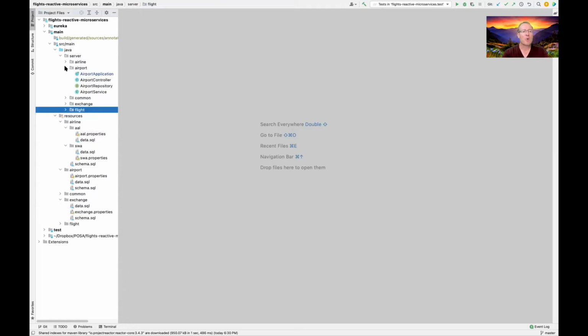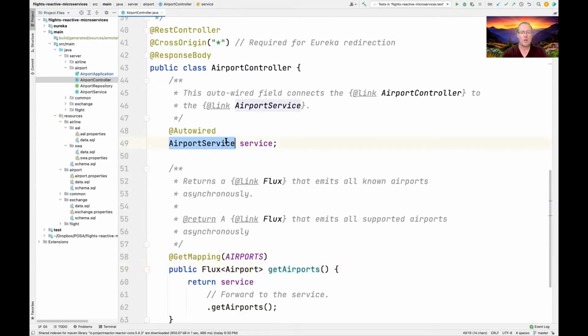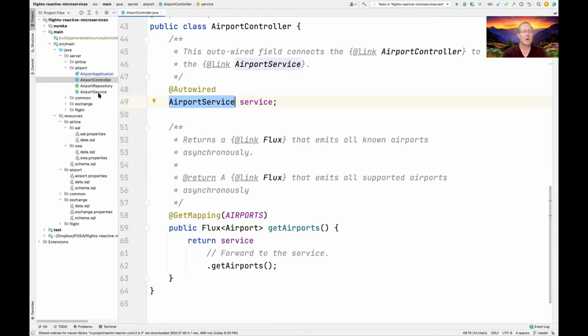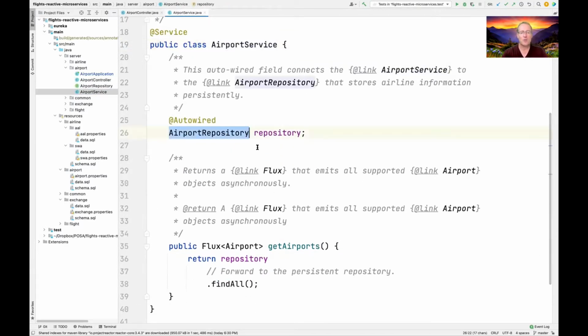Let's take a look at the airport microservice implementation just for a second. This is very simple. As you can see, we have a controller, and the controller has an airport service, and that airport service is auto-wired to an airport repository. And there's a simple method here called getAirports, and all that method does is just forward to the repository's